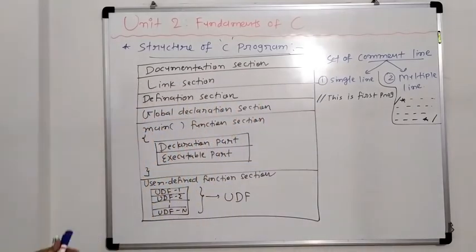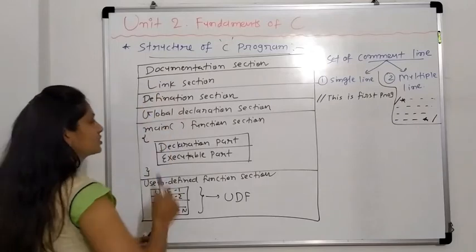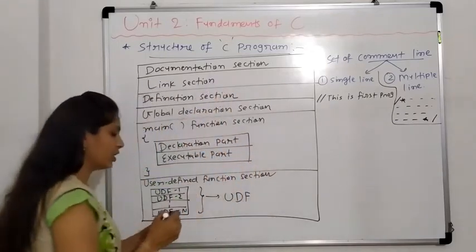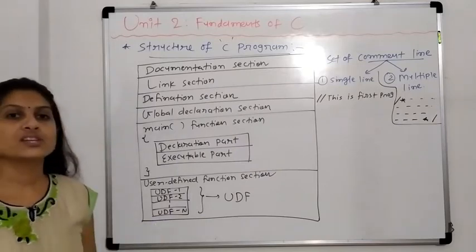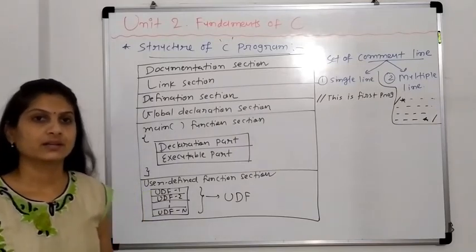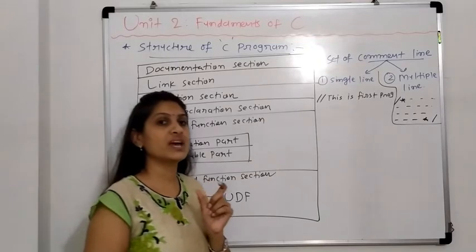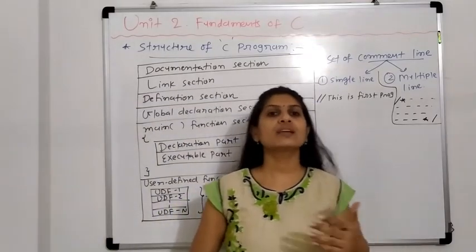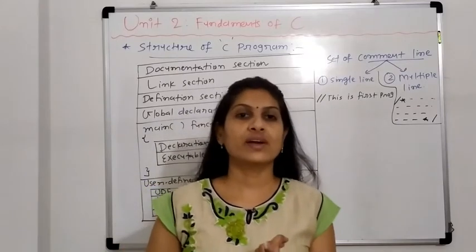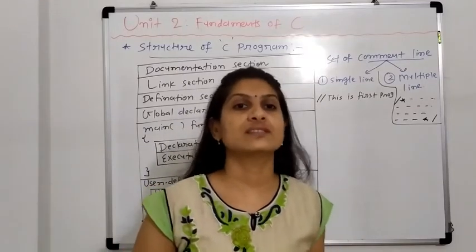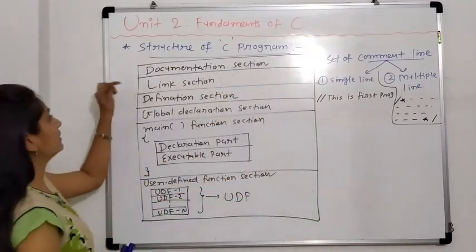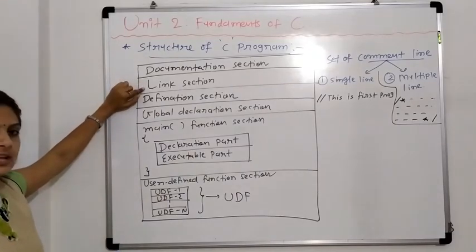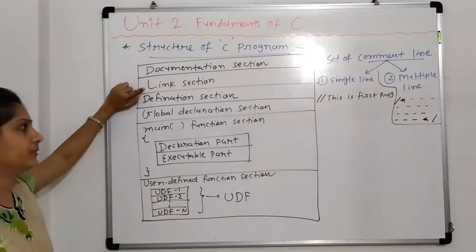Now second part is what? Link section. The link section is what? So the definition of linker. The word is there, linker. We already discussed it in system software. Linker means what? It is a software that links with our system library. And this is nothing but that section. So link section, link with our system library.